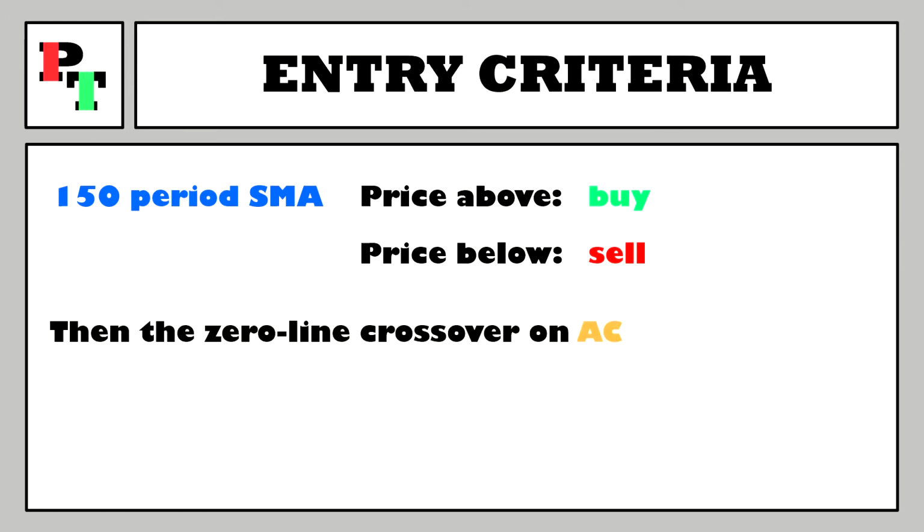Then when it comes to the accelerator oscillator, we are throwing Bill Williams' advice straight out of the window and we are using it as a zero line crossover. Why though, if Bill Williams doesn't really recommend using it like that? Well, Bill Williams uses multiple histogram bars to confirm a trend. So he would say, for example, that you need 2 green histogram bars above the zero line as confirmation of